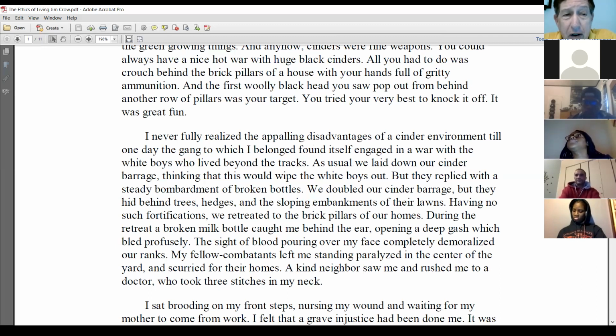As usual, we laid down our cinder barrage, thinking that this would wipe the white boys out, but they replied with a steady bombardment of broken bottles. We doubled our cinder barrage, but they hid behind the trees, hedges, and sloping embankments of their lawns. Having no such fortifications, we retreated to the brick pillars of our homes. During the retreat, a broken milk bottle caught me behind the ear, opening a deep gash, which bled profusely,